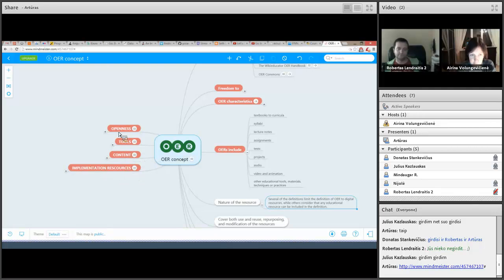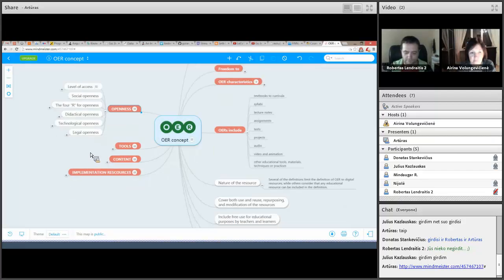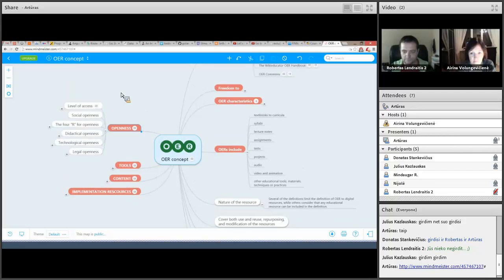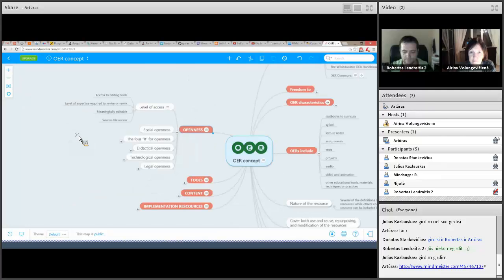So if we go to openness, we can see how openness can be in many different groups. I mean, it's levels of openness, which is what you can do with that resource.